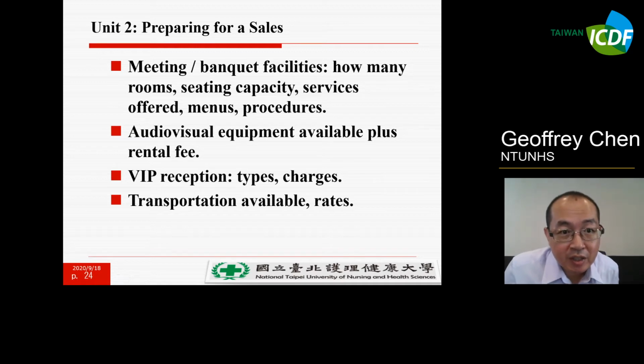Based on the discussions, they may ask how many rooms, the seating capacity, the service, and the menu on offer. So you have to make sure you have a lot of information and are familiar with your hotel. You should understand what kind of facility or service they request and how you can satisfy them. And the next part is